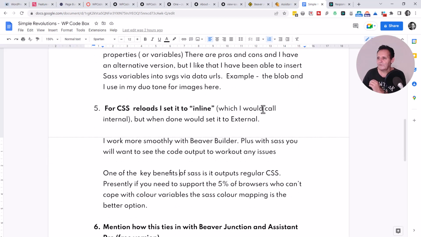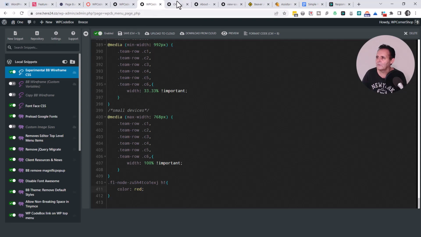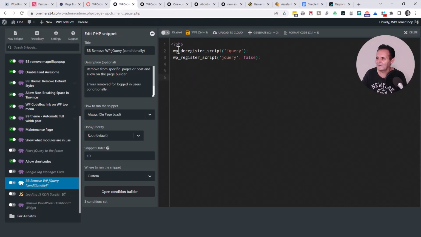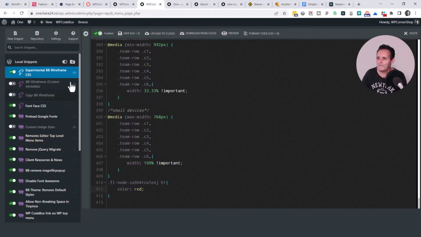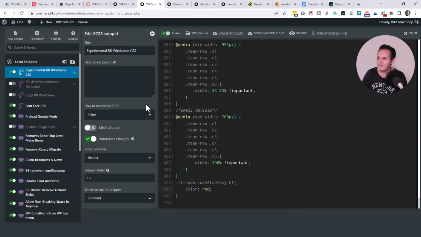Another thing, maybe it's just a tip at the moment, is that it works more smoothly if you set up your CSS to reload when you set it to inline, which I would call internal CSS. So if I go back again to my style sheet, and I'll open this up again here, you've got the options to make this an external file, which is how I would save it at the end. But while I'm working with it, I would use inline because it runs more smoothly, certainly with Beaver Builder,